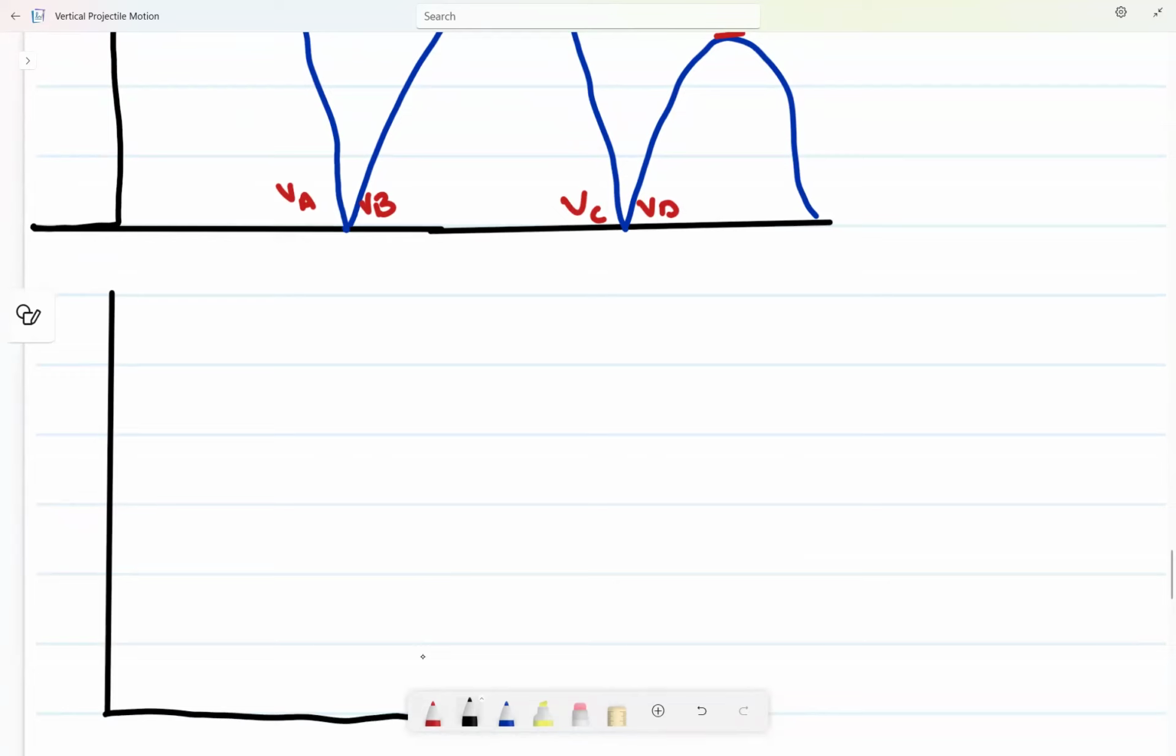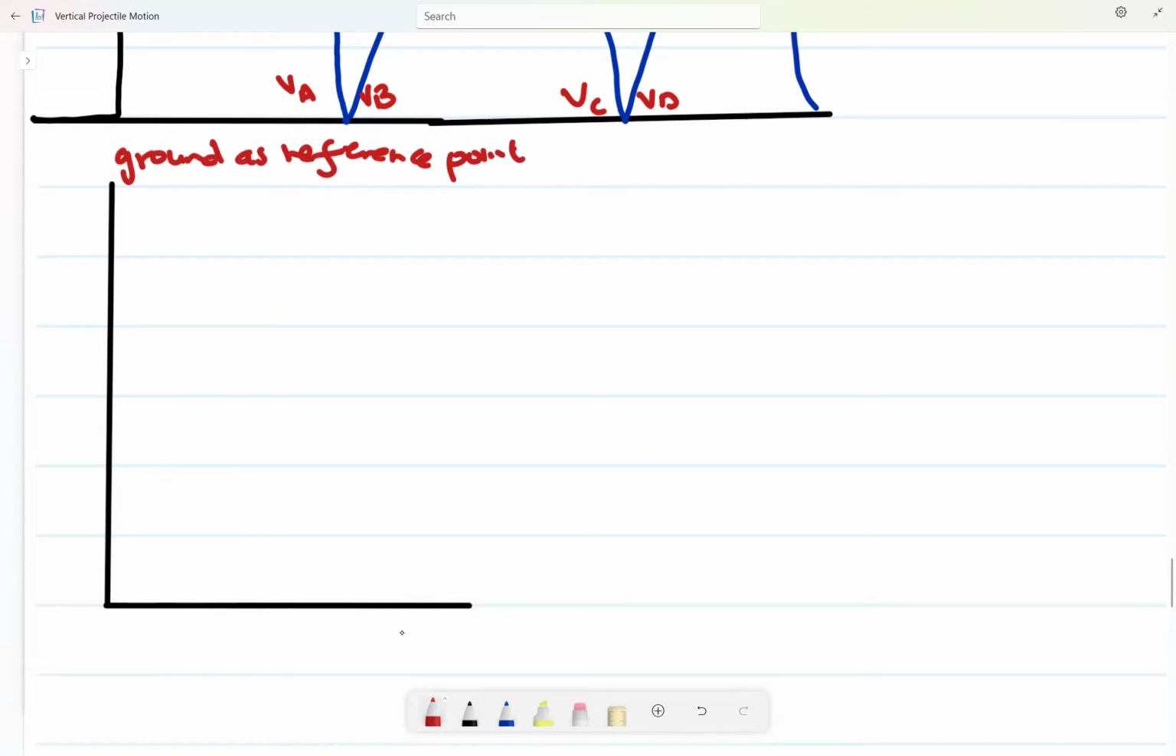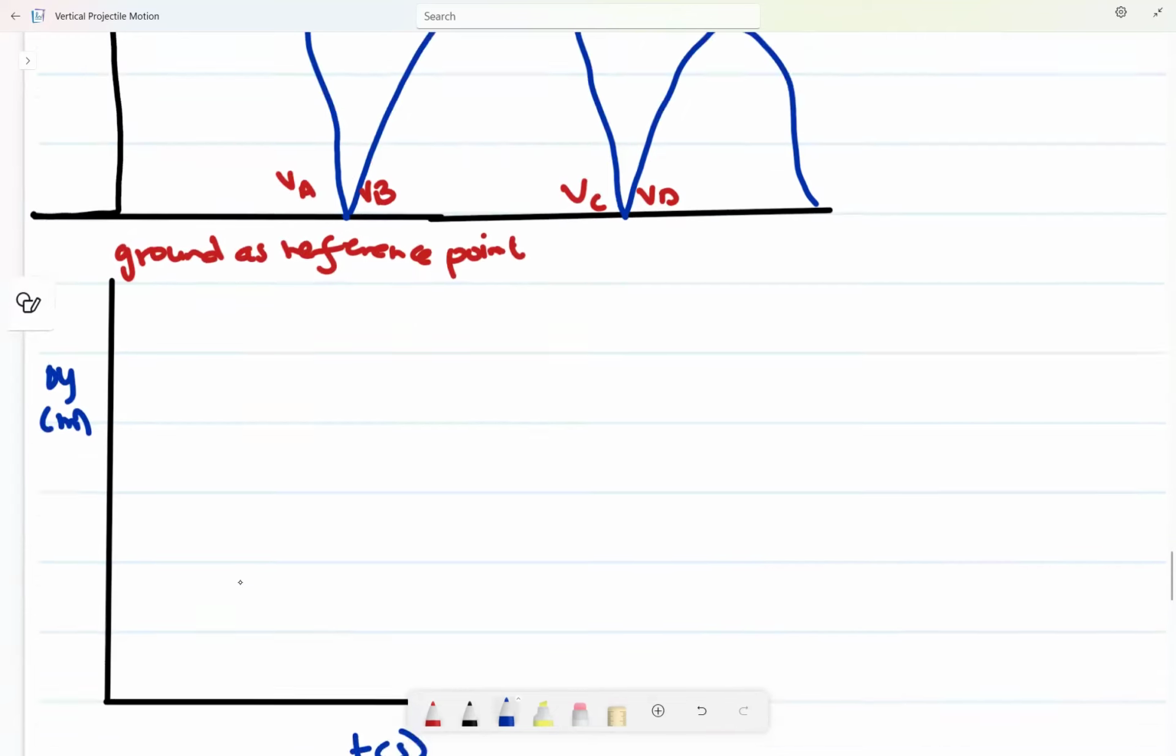Let's take ground as a reference point. Remember, reference point, it is the 0 point, okay? So if that's the case, remember for changing y in meters and time in seconds, you'll just take everything as